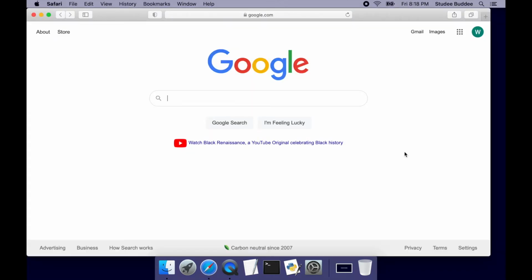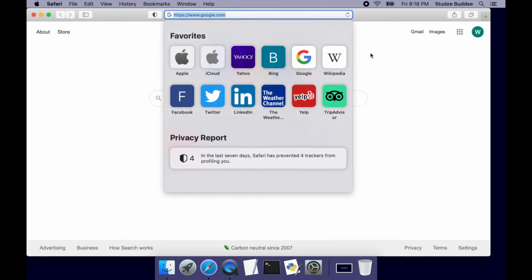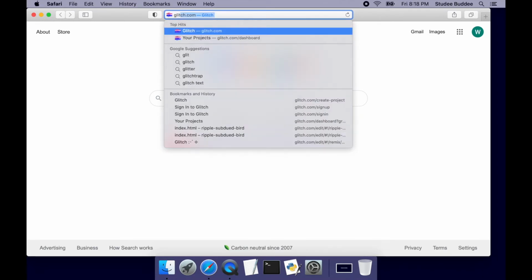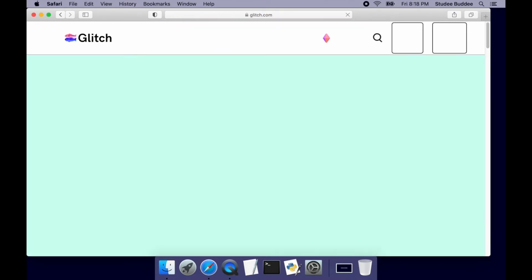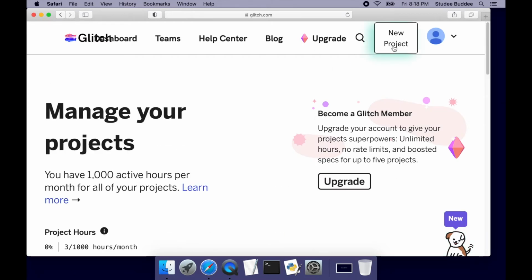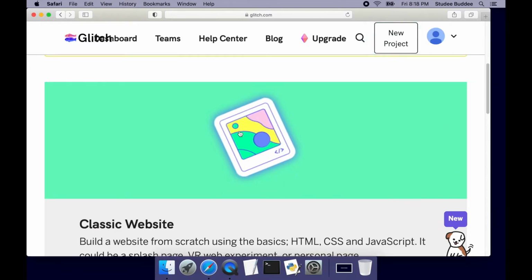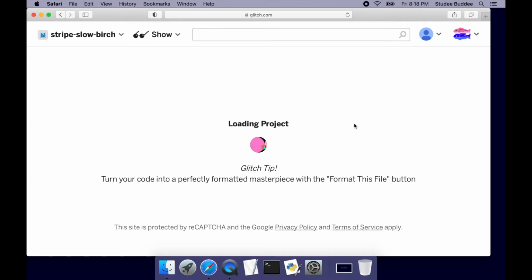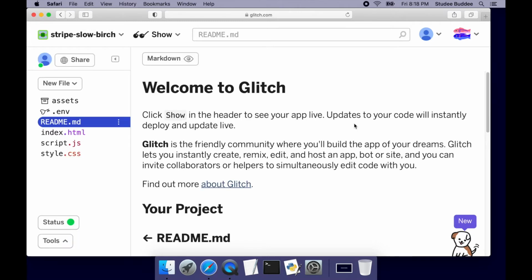For lessons from here on out, I'm just going to start off in Glitch to save time. Again, the Glitch link will be in the description, but we're going to want to go into glitch.com. Let's go to the top right to New Project, and let's click on Classic Website. And if you don't see Classic Website, then click on Hello Web Page. And if neither of those pop up, just refresh the page and hope that it works. Alright,